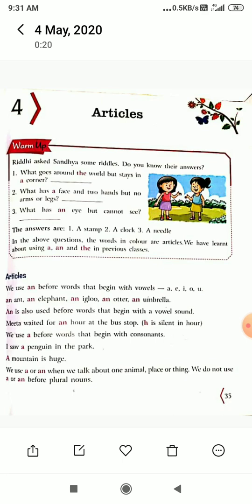What has an eye but cannot see? ऐसी कौन सी चीज़ है जिसकी आई है but it cannot see? Dear students, it is a needle. Have you ever threaded a needle? Needle के ऊपर एक होल होता है, जहाँ thread डालते हैं, तो that hole is called an eye.